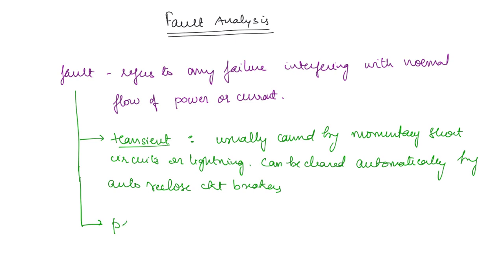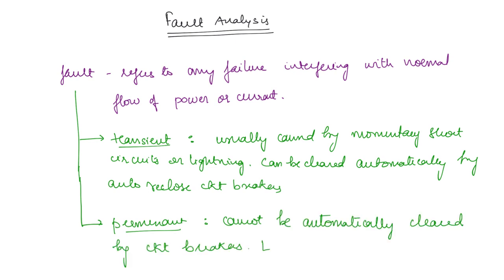And permanent faults cannot be automatically cleared. Examples include damage to the tower or insulator, or the falling of a transmission line. These require manual attention, they cannot be automatically cleared. So these are called the permanent faults. You can take this as one kind of classification, but the main important classification